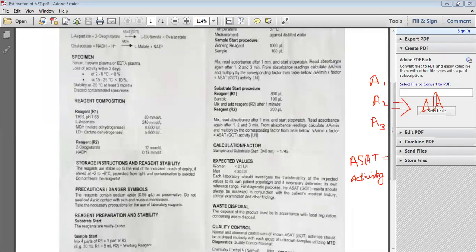Now you have calculated the delta A. Now you will put the delta A here over minute over 1. Here you will provide the time in minutes, and that is 1. And now you will multiply it with the factor. The factor is already calculated by the company which is preparing the kit. Here the factor is the calculation factor, that is